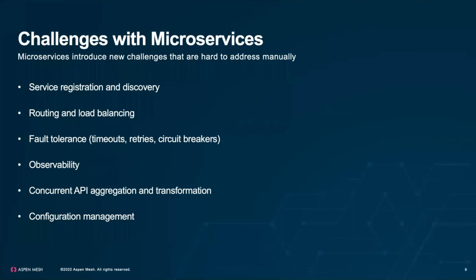because you just have to assume that that's the case with that number of services. How do I see what's going on within my system? How do I view network traffic and latency? How do I view which services are returning errors or slow to respond? How do I aggregate different APIs and different services into a single API? And how do I transform between protocols and data through there? And how do I manage configuration in a highly distributed system?